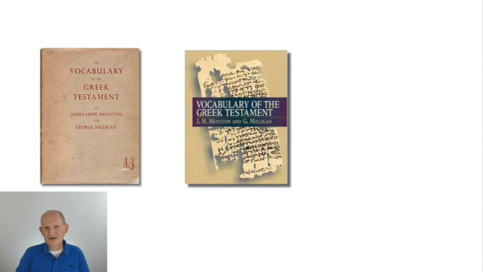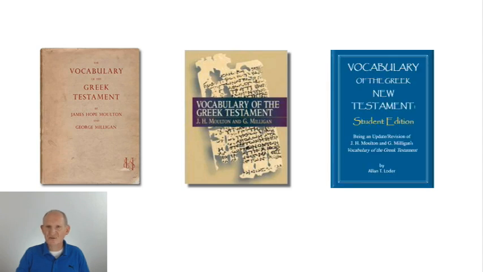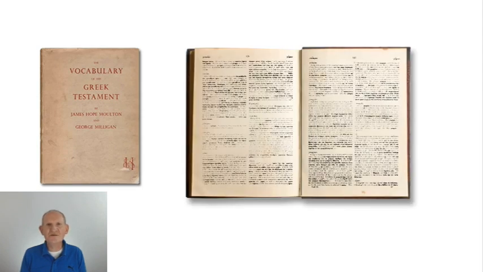That is, to produce a lexicon illustrating how New Testament words were used in the broader Greco-Roman world. So this new edition I call Vocabulary of the Greek New Testament Student Edition, or VGNTS for short. This major update revision of Moulton and Milligan's book is designed to make this valuable resource more accessible to a wider English-speaking audience. Hopefully, the enhancements in VGNTS will help bridge the gap for those whose knowledge of Greek is somewhat less than what Moulton and Milligan had anticipated. What I would like to do here is show you some of the enhancements I've made. So I picked out a few examples.